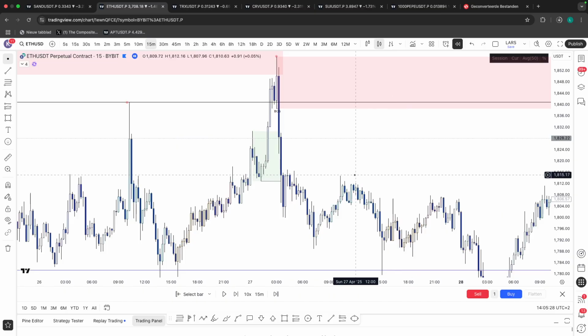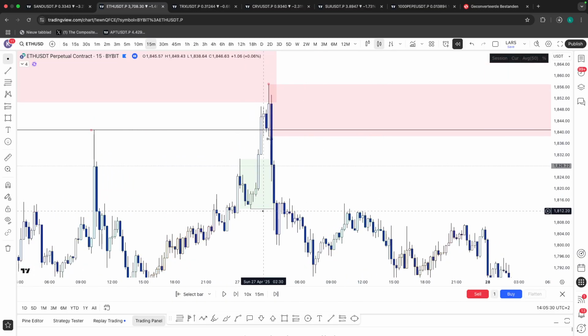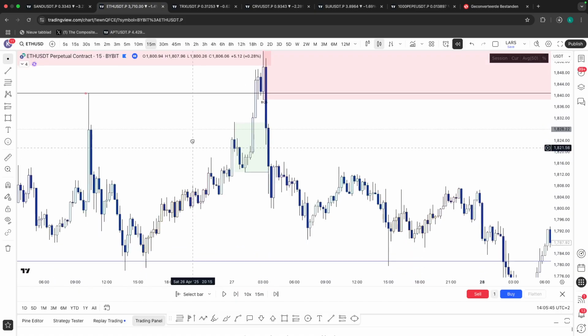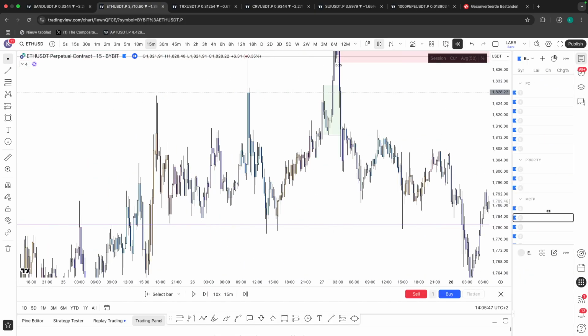As you can see right here on the 15-minute time frame, that is your 15-minute market structure low backed by a structure demand POI. However, I am expecting that move up to be manipulation. Over time, you will get a better feeling for this, but a tip that I can already give you, if you have a high quality return to zone